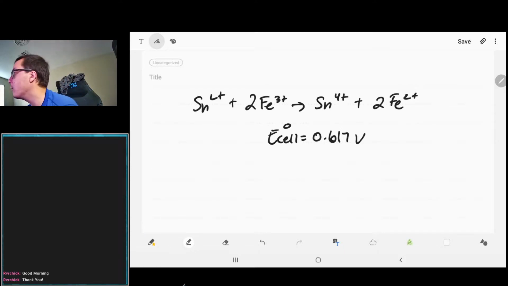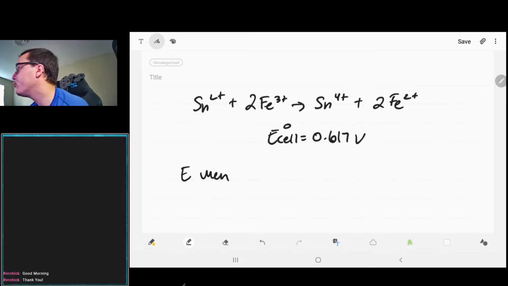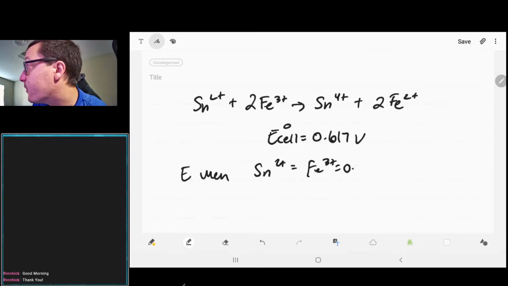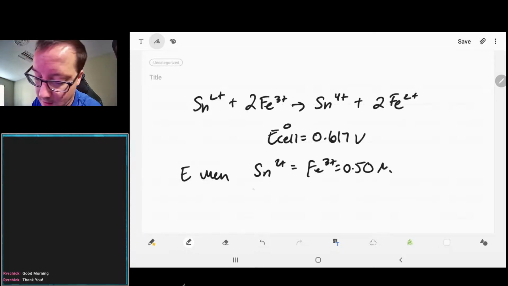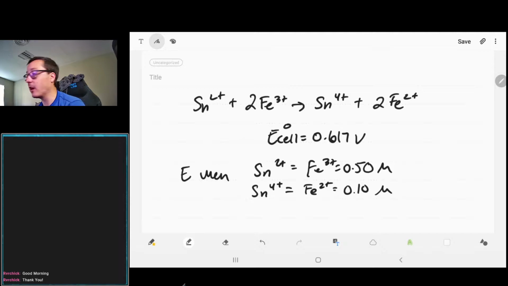Okay, we're looking for what is E when the iron 3 plus and tin 2 plus equal 0.5, and then when the other ones are 0.1. Alright, and I think this is the one that I had put the wrong answer choices for,